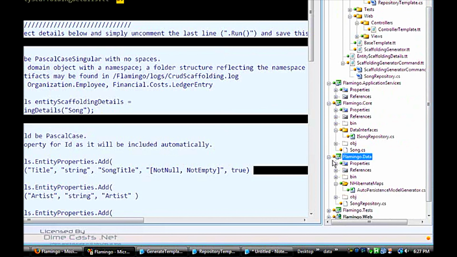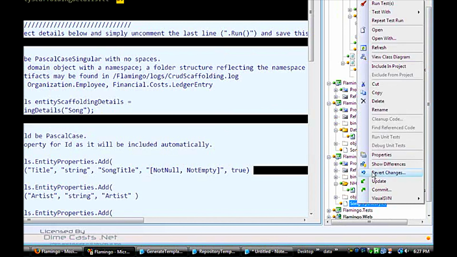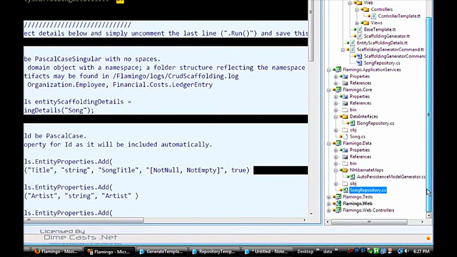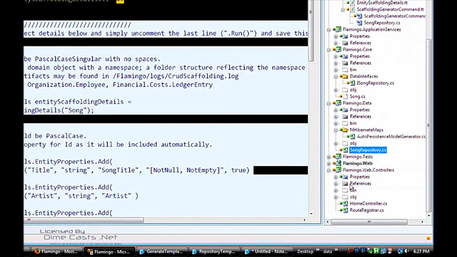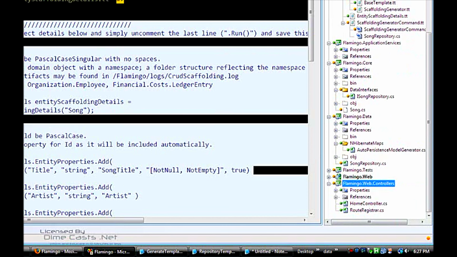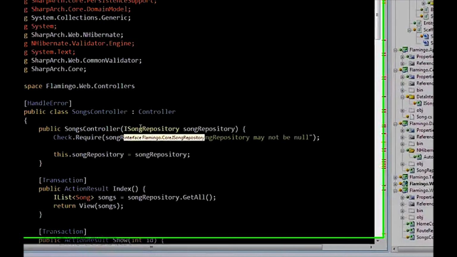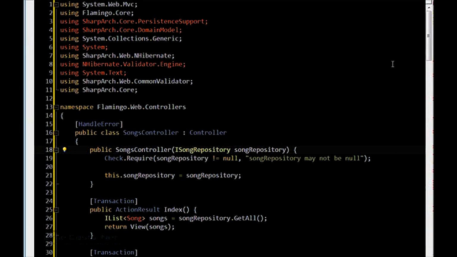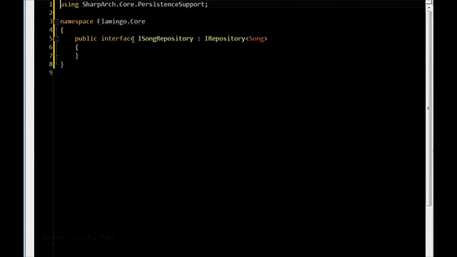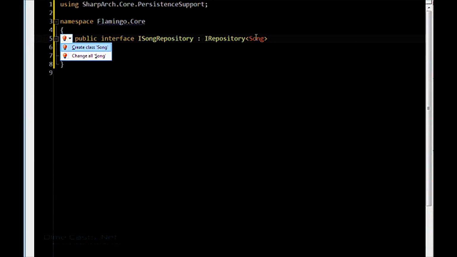And back to our data project. Now we have an actual song repository. Okay, back to our controller. Let's refresh. And we now have an actual ISongRepository being injected in here, and we've got our IRepository of type song. I screwed up not including, it's because I haven't included this in the project. So we got some issues with our templates, but